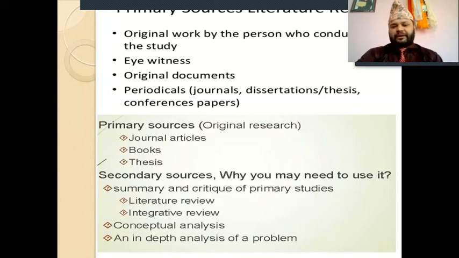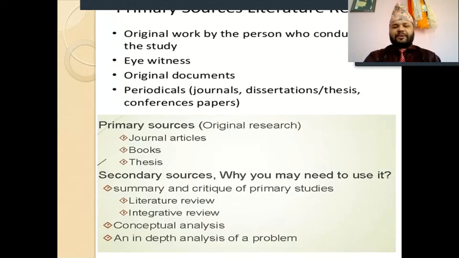A few reviews of literatures. If we don't have that much time to go through all the literature, we can go through the literature reviews and integrative reviews. Okay, and then a few internet sources which use the secondary information that brings the information from the original source, and then they just reflect. These are the secondary sources which are not the real author that we read through. Okay,